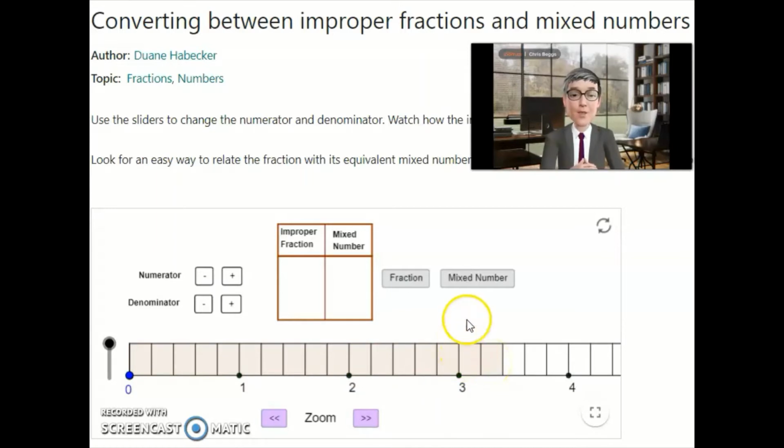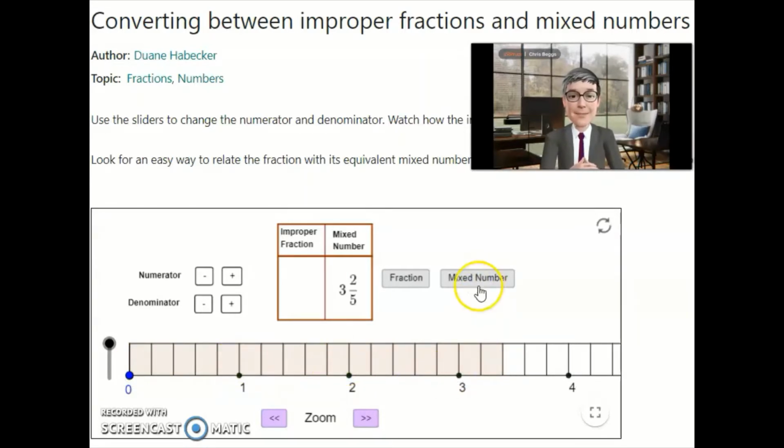So if I want to write that as a mixed number, I can say it's 1, 2, 3, and an extra 2 fifths, so 3 and 2 fifths. As a fraction, counting them, these are all fifths, so that's 17